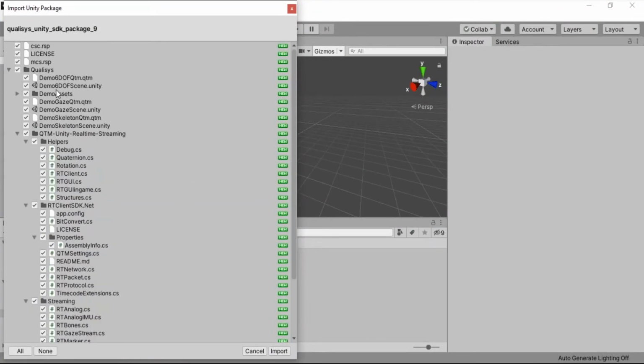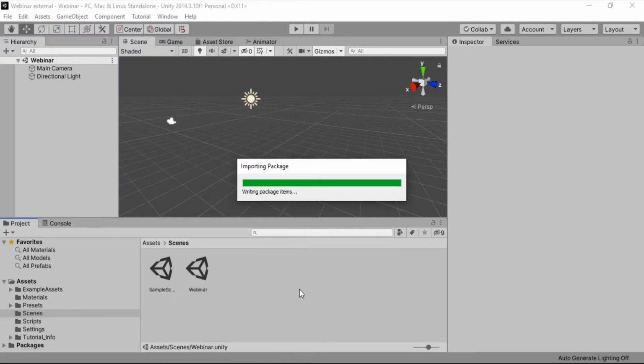There's a few QTM files in this package just for demonstration, skeletons and so on. So if you want to keep down the size of your project and you're not going to use the demo assets and so on, you can uncheck them here, and then you don't have to have them inside of your project. I'm just going to import everything basically. So there we go. It will